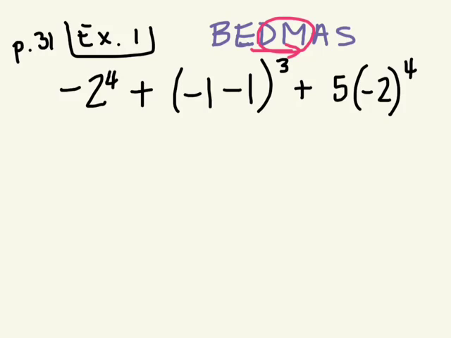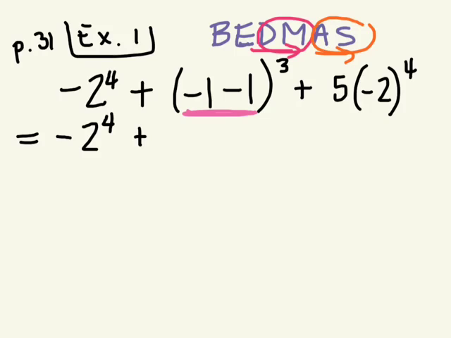And then addition and subtraction, again, in the order it appears, left to right. Okay, first step, we're going to simplify what's inside the bracket because we have brackets. So I'm going to rewrite the parts of the expression that I'm not solving yet. And I know that I have to simplify